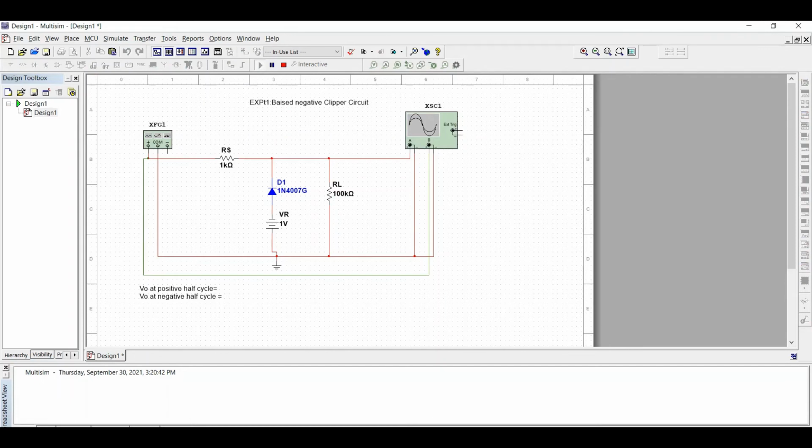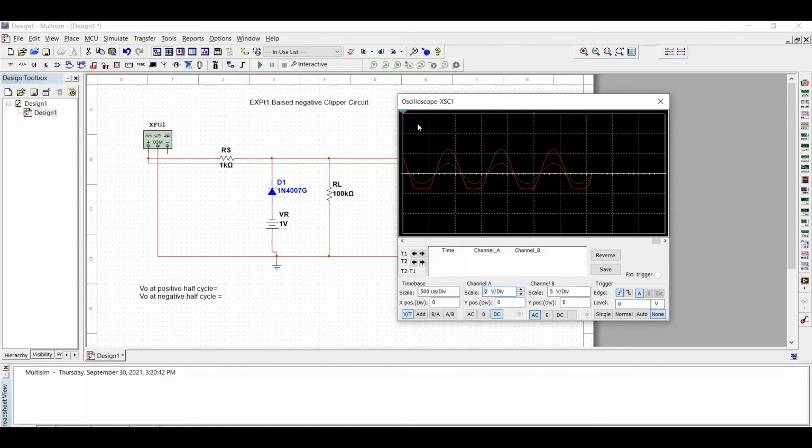The simulation is running. Stop. Click on this. You can see your waveforms. You can clearly see from your waveforms that your negative half cycle is clipped. Now you want to interpret your waveforms. For that, take your cursor 2, we are connecting to the negative peak. Cursor 1 is connected to the positive peak. Remember, red is the output voltage. We are concerned about the output voltage.